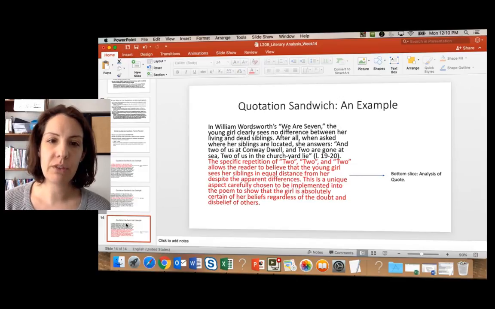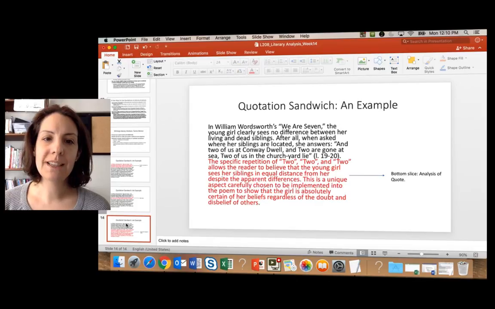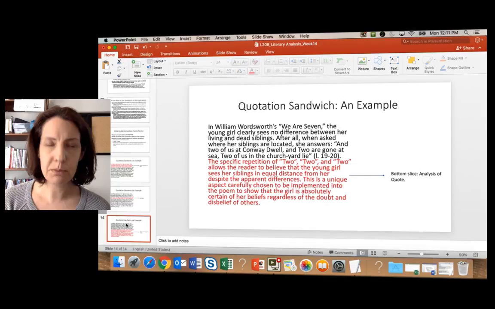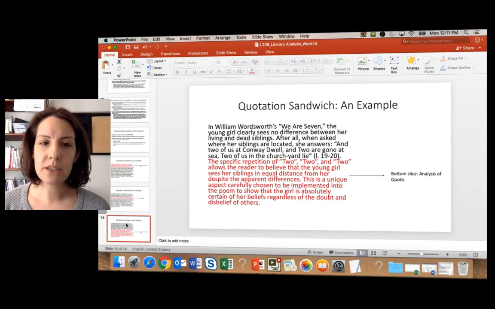And it reads, "The specific repetition of two, two, and two allows the reader to believe that the young girl sees her siblings in equal distance from her despite the apparent differences. This is a unique aspect carefully chosen to be implemented into the poem to show that the girl is absolutely certain of her beliefs, regardless of the doubt and disbelief of others."